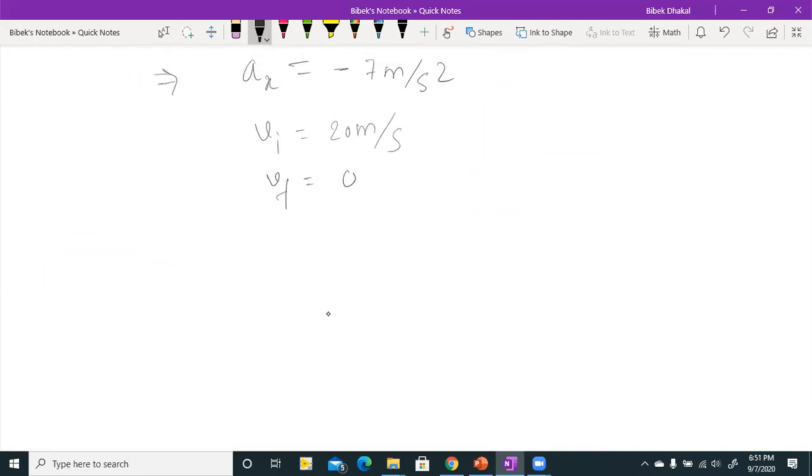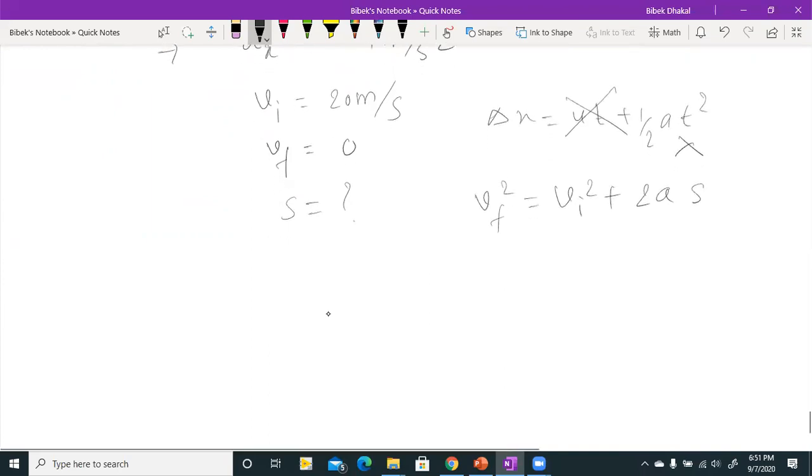So which equation of motion do you use? You don't have time, you have the velocity and the acceleration, and you need to find the distance. So you cannot use this equation, because you don't have the time. So this one won't work here. So you need to use this equation,